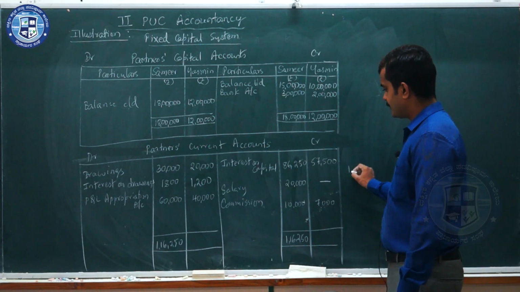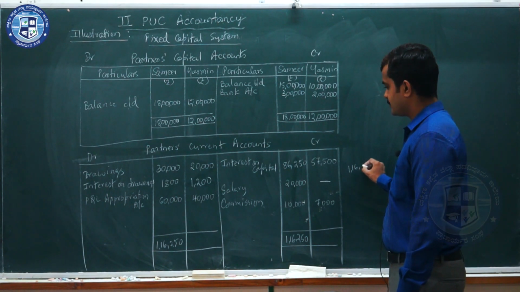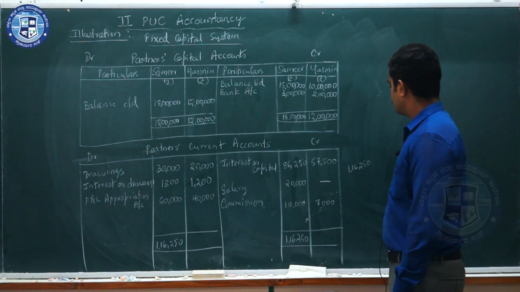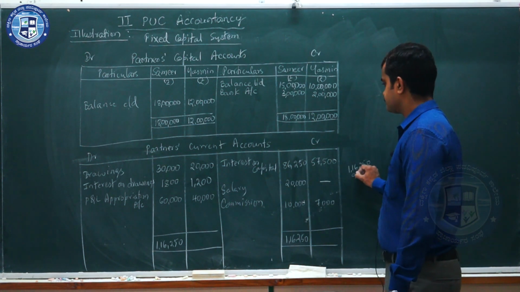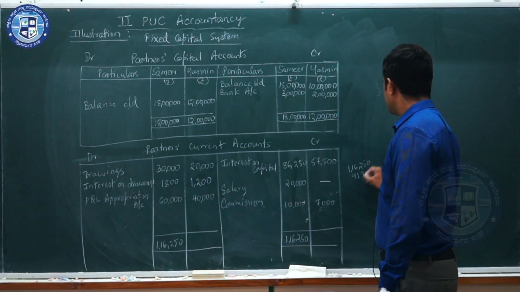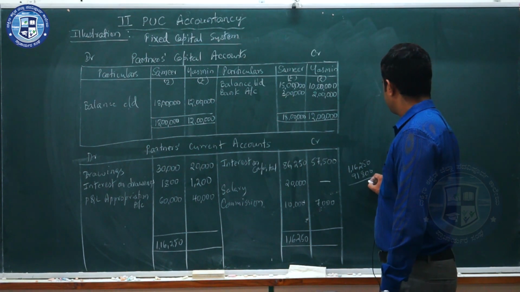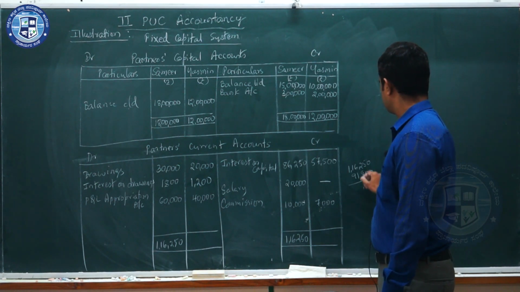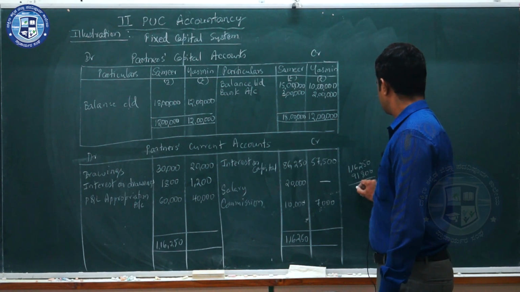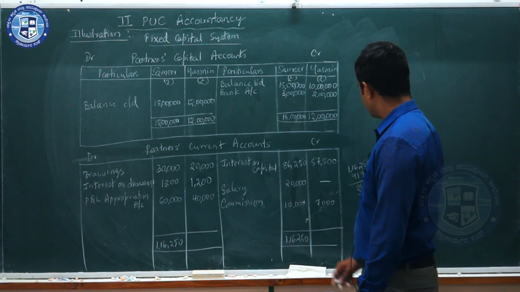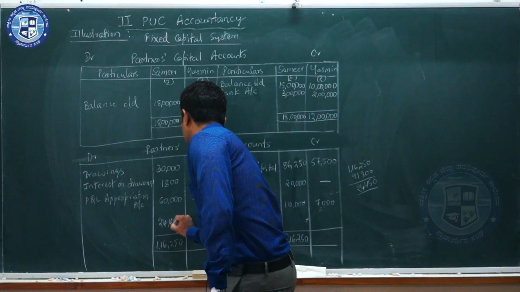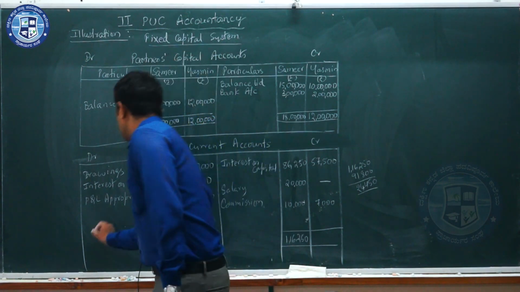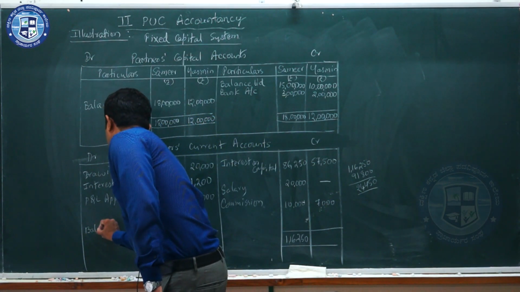For that we have to calculate now 1,16,250 minus 91,800, amount comes to 24,450. Write as a closing balance